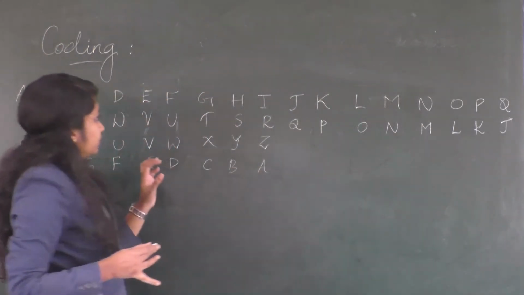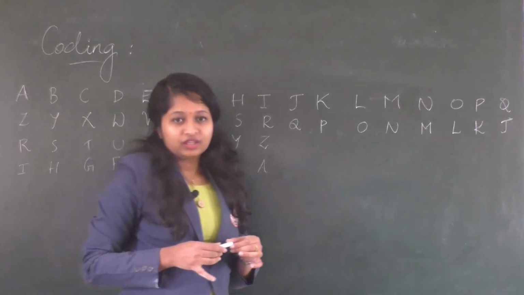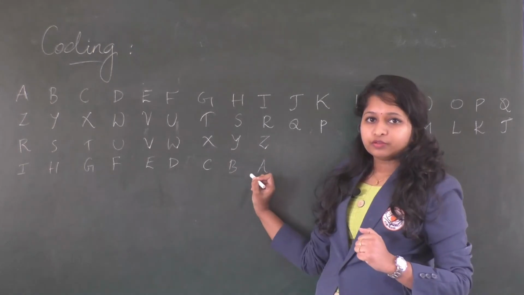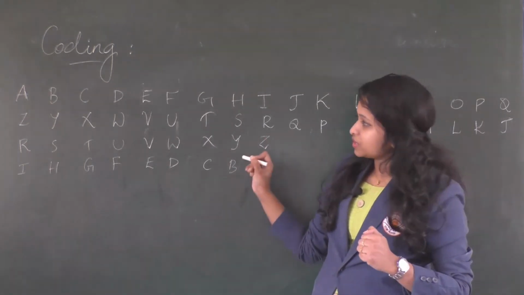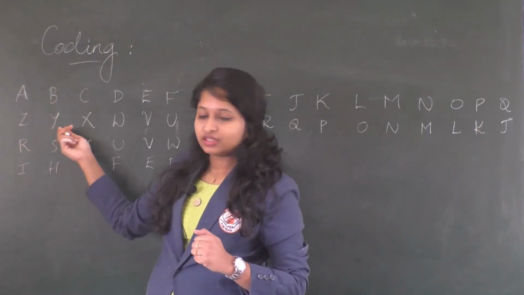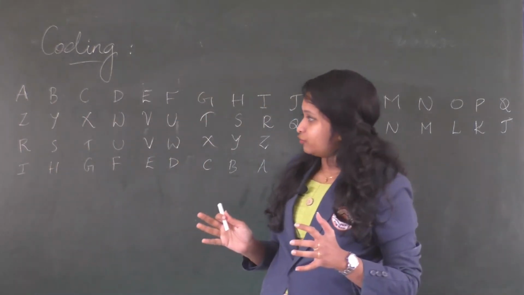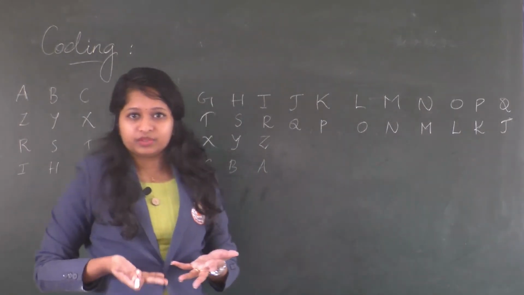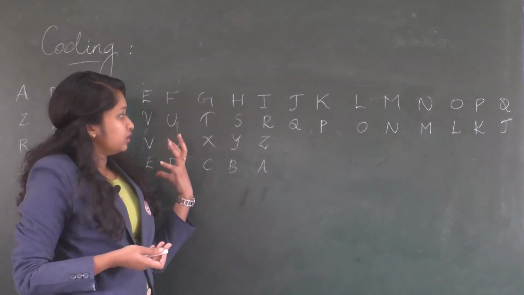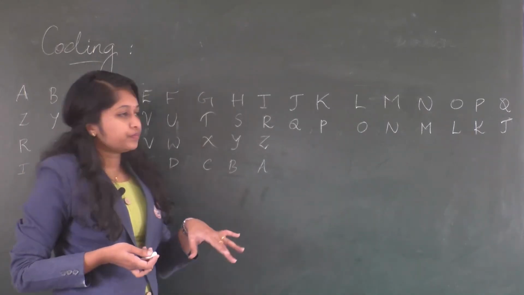Here I have written all the alphabets from A to Z. Now I have given a different alphabet for the original ones. That means for A I will give Z, for B Y, C X, like that. I have changed all the English alphabets to other alphabets. So the person who receives the words or the sentence should decode it. Now let's write